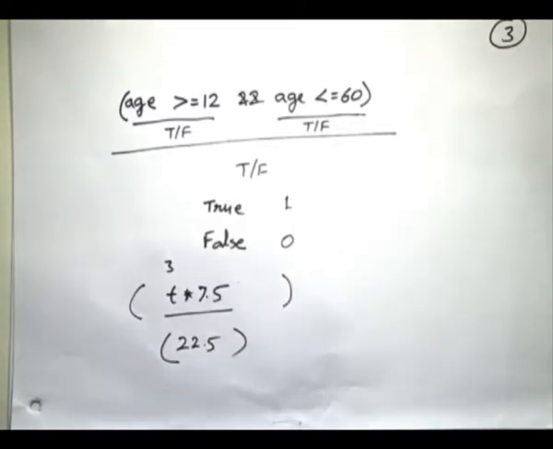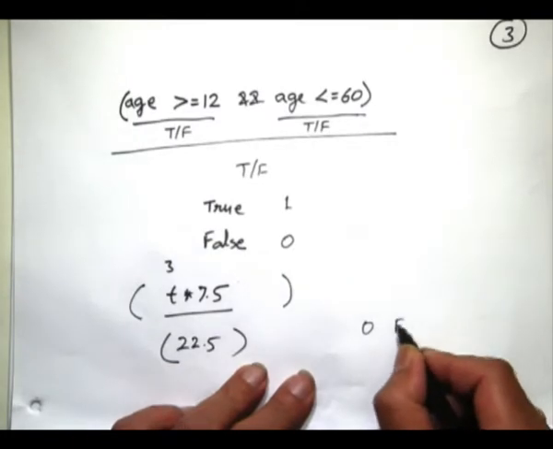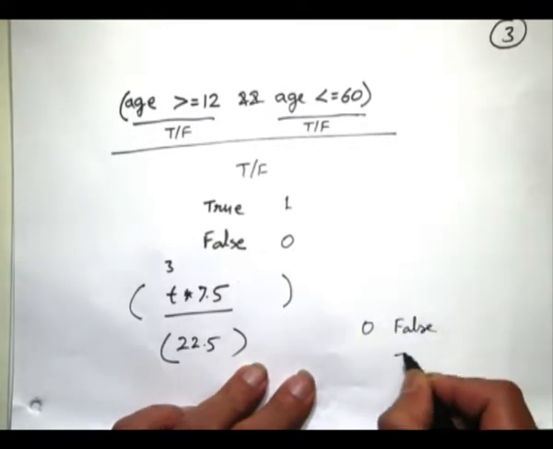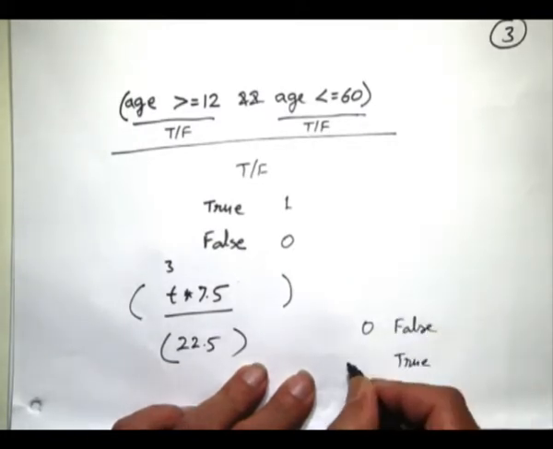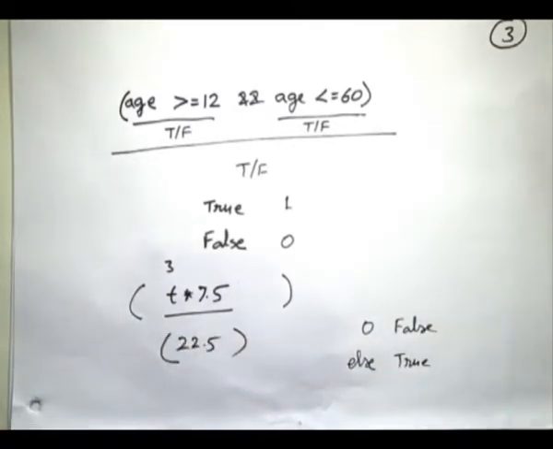So when C++ has to interpret a numerical value as a logical value, then the interpretation is, if it is 0, it is false. Anything else, true. So 22.5 will be true. 73.78142 is true. Minus 20,000 is true. Anything other than 0 is true, and 0 is false. Okay.